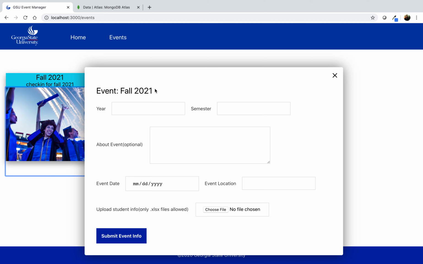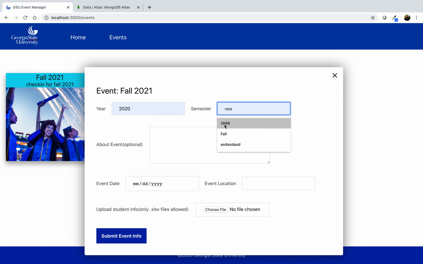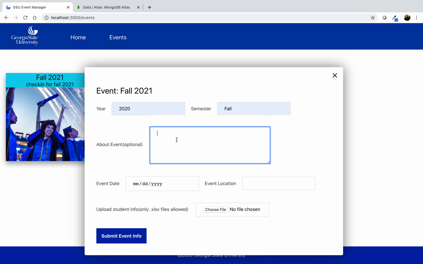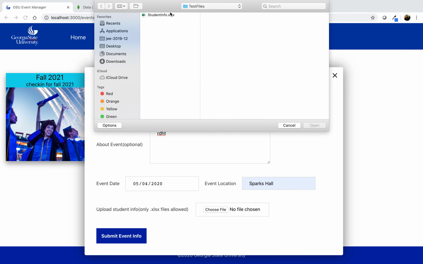On clicking this event, a new modal opens up. All these fields are not mandatory. We won't be saving these details in the database. Over here we have an option to upload an Excel or CSV file.